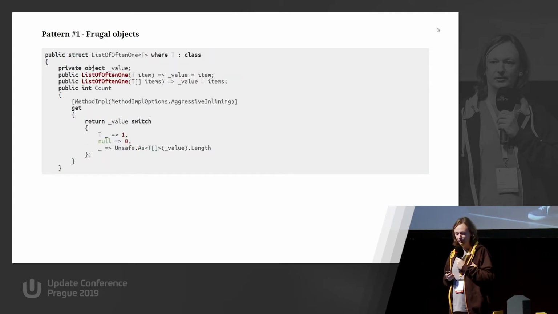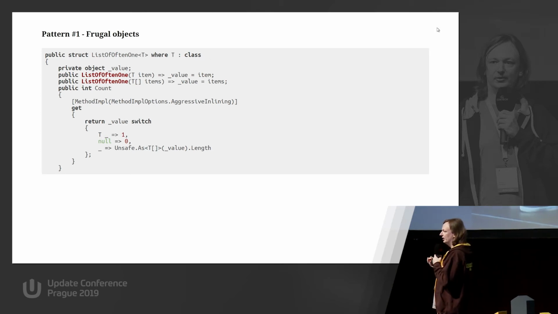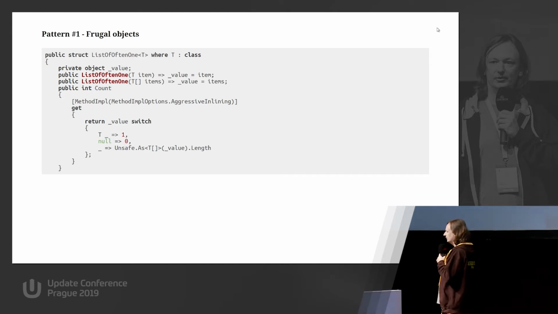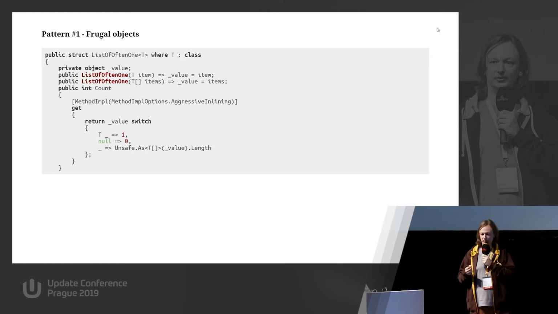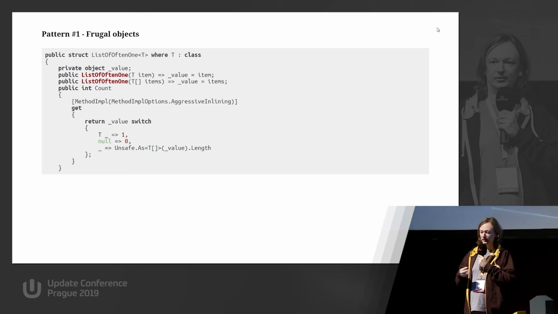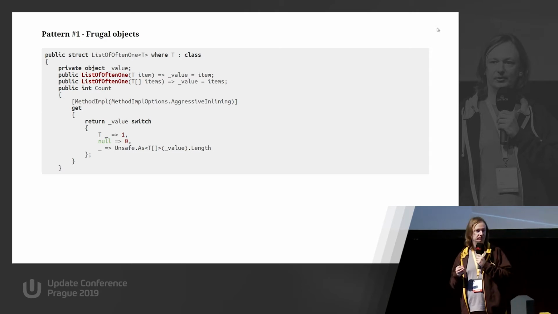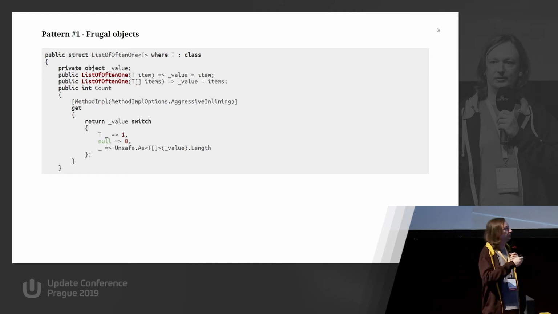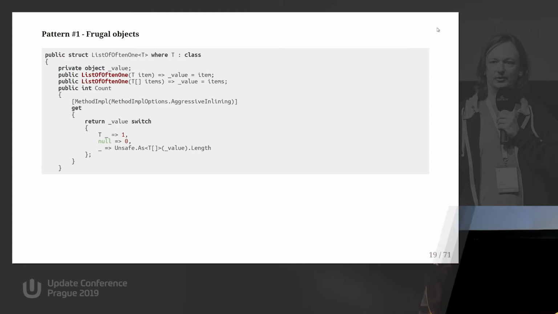So I provided a very simple example, a list of often 1, where we are using a list which is often 1, so we can write code like that. It is a clone of the code that I was showing you, like string values. It has only 1 field object, it is a struct. Obviously now accessing this is much more complex, but still it is not a magic. So we just need to somehow write accessors that take into consideration what really this object is.